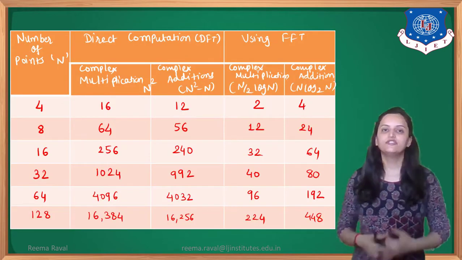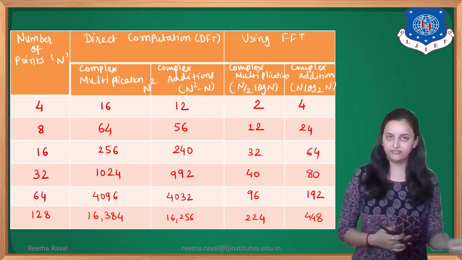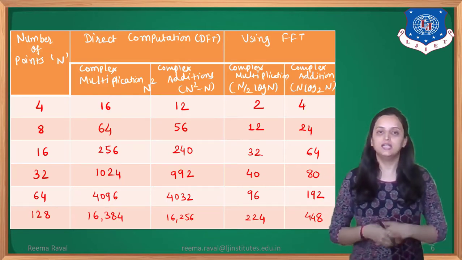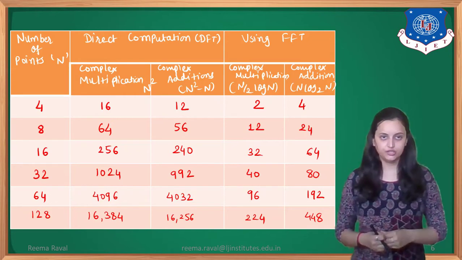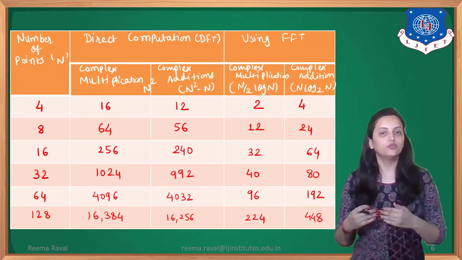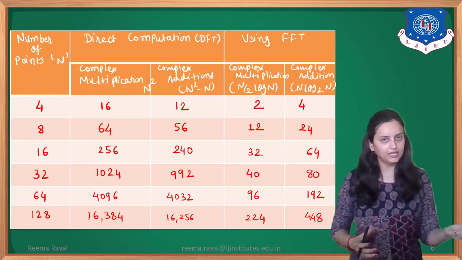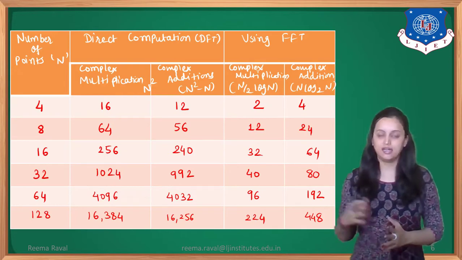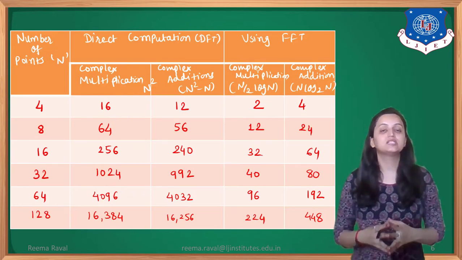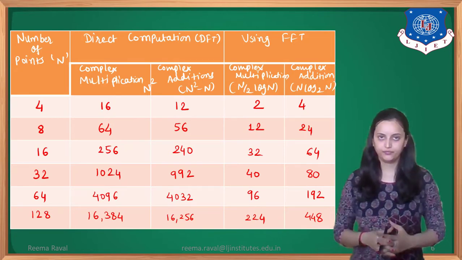Now, if we compare the DIT FFT, or as you can say FFT algorithms, and DFT algorithms, which is called direct computation, then for the number of points given to us, we are going to vary it, and we will see the complexity of using FFT as well as the complexity of using DFT, just to observe which one is better, DFT or FFT, for a large number of points.